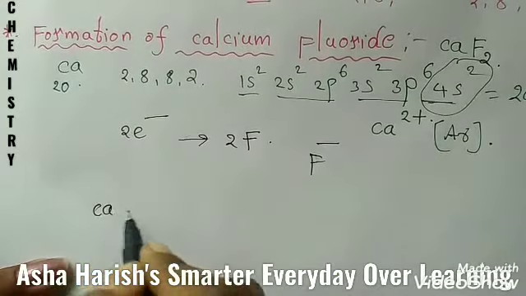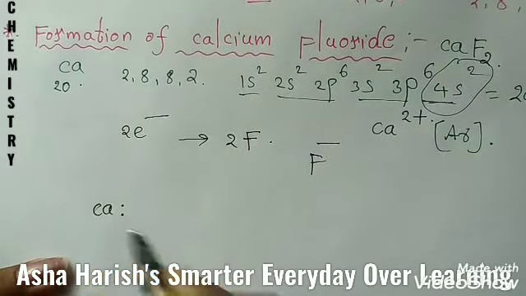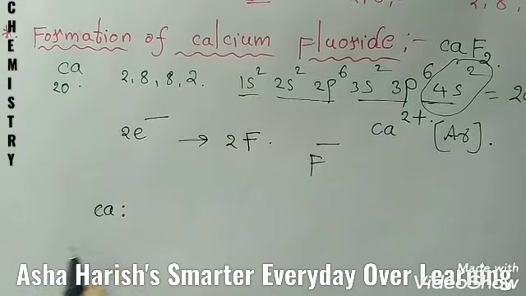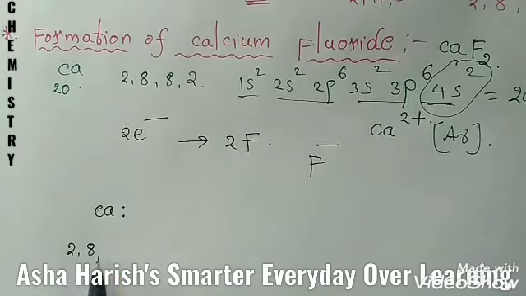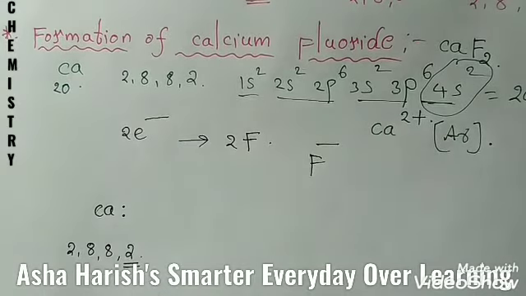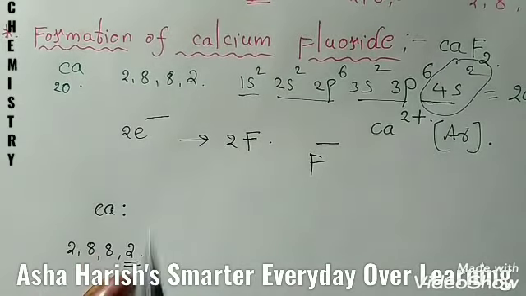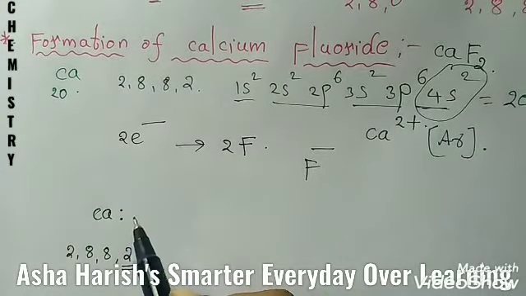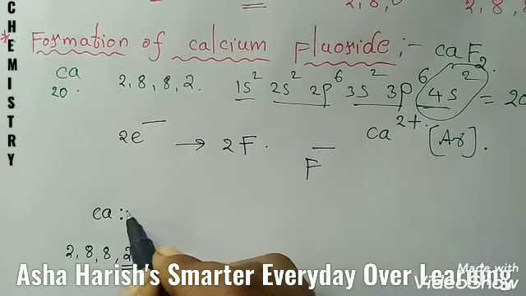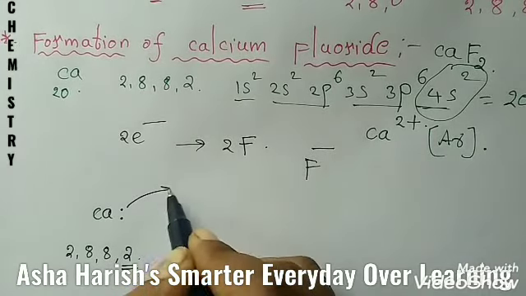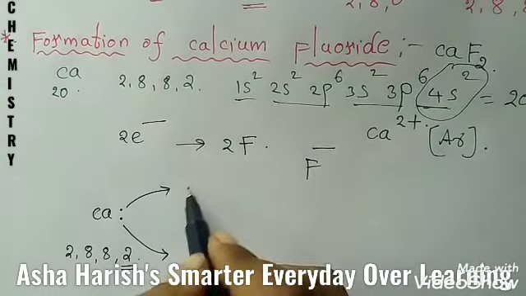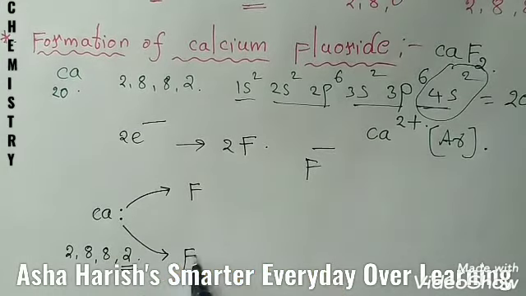Here, in the calcium atom, these 2 are the valency electrons. Why? Because the calcium electronic configuration is 2,8,8,2. Okay, these 2 electrons we should represent here basing upon Lewis dot notation. Okay students, here this one electron is transferred and this other electron is also transferred here to the fluorine atoms.